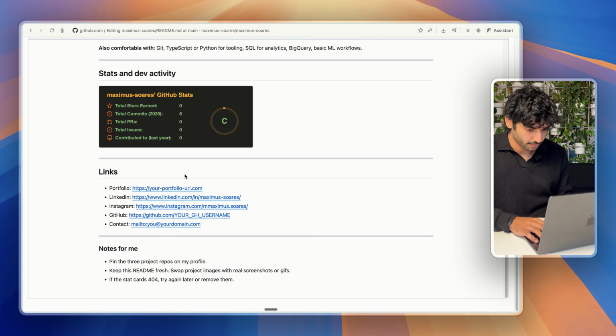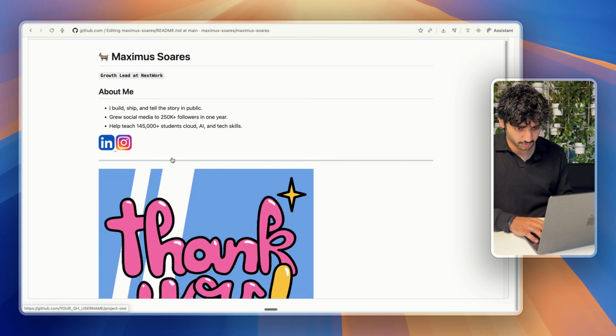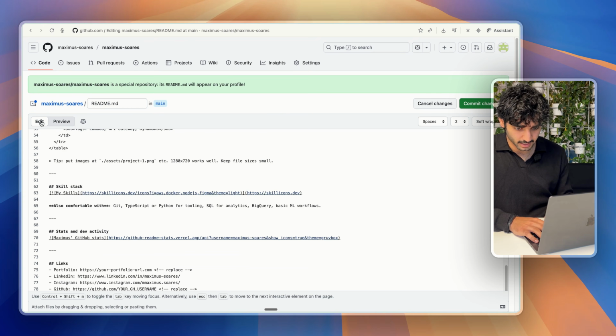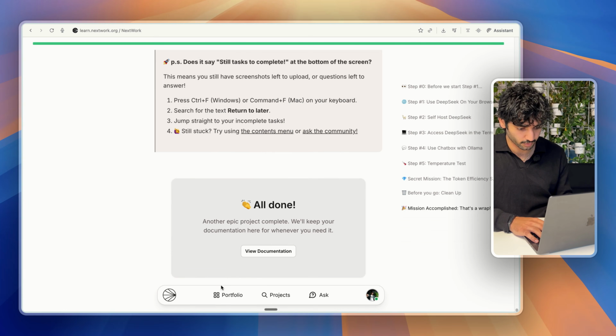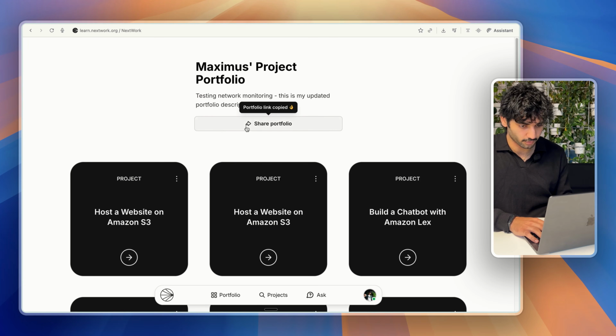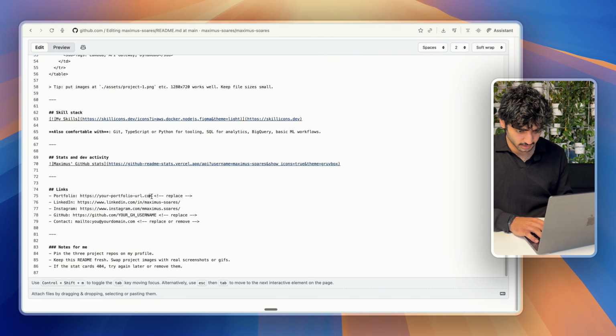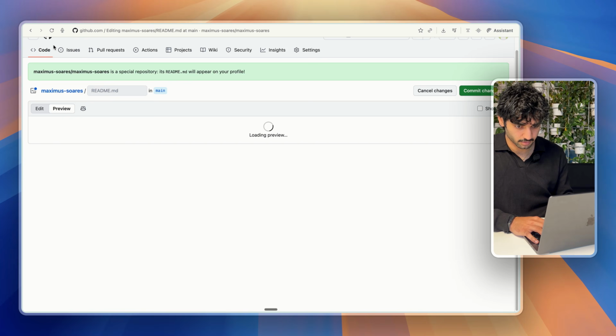Speaking of links, how do you add in these links here? As always, you can use ChatGPT, but I'm going to show you how to do it anyway. So let's go back up to our code here, and we're going to scroll down to the bottom. Super simple. All you got to do is either add in something like this. So I have my portfolio. I could add in my Next.js portfolio here. So I could go to my own portfolio. I could share my portfolio now, and I could place it in here